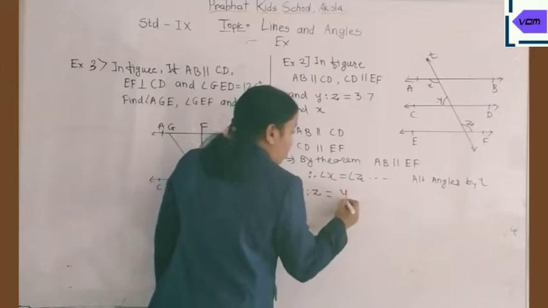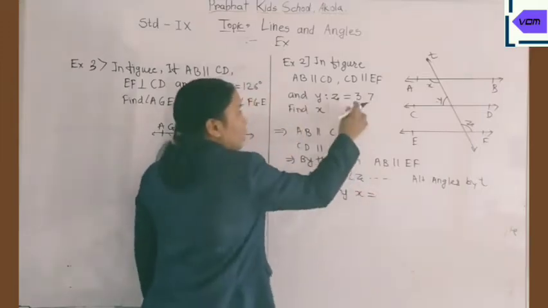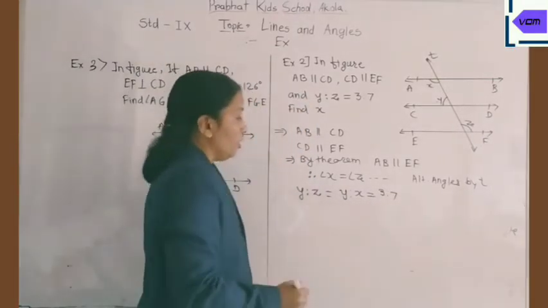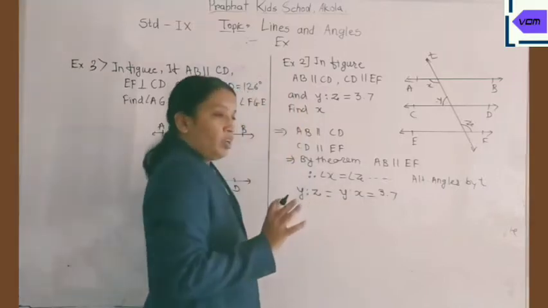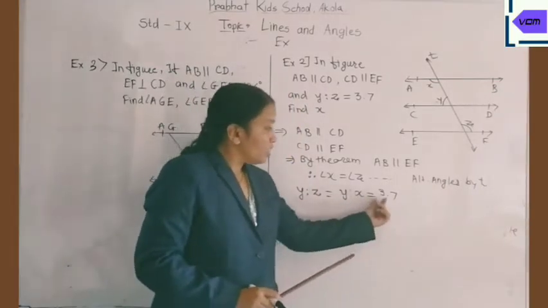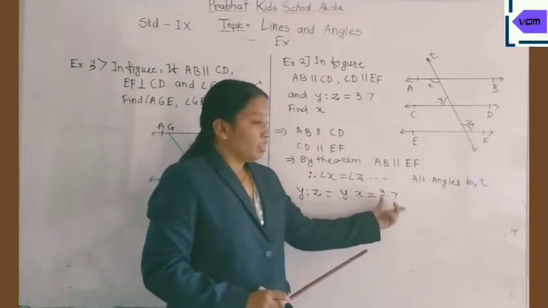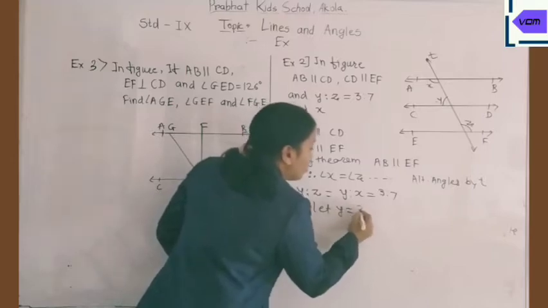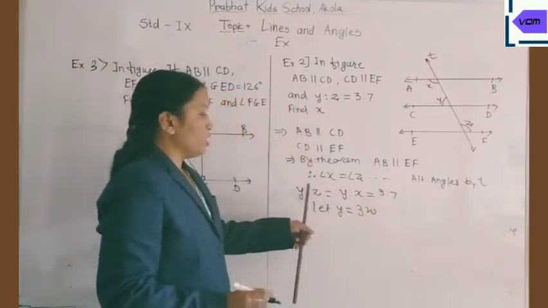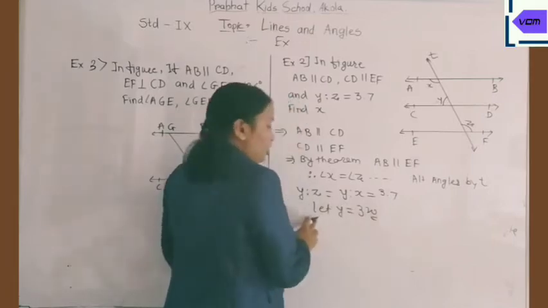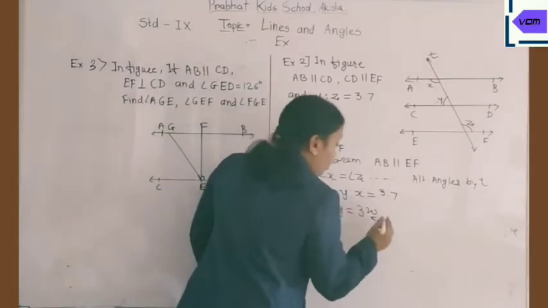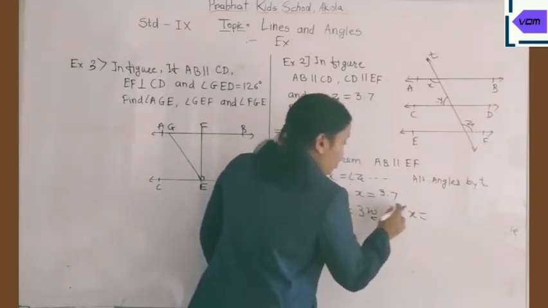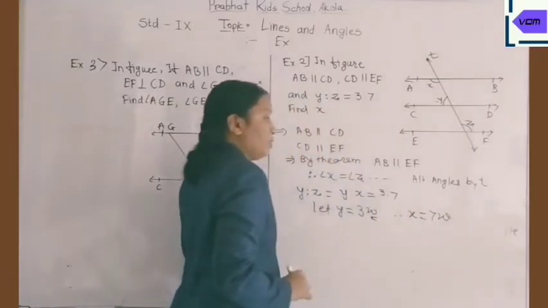So now as angle Z and angle X are equal, you can replace Z by X. Now Y is to X is given in the ratio 3:7. This is one of the important steps. These angles are given in ratio, meaning if Y is 3 times some particular quantity, then X is 7 times that quantity. So let the measure of angle Y be 3W, 3 into W. Therefore the measure of X is 7 into W, 7W.